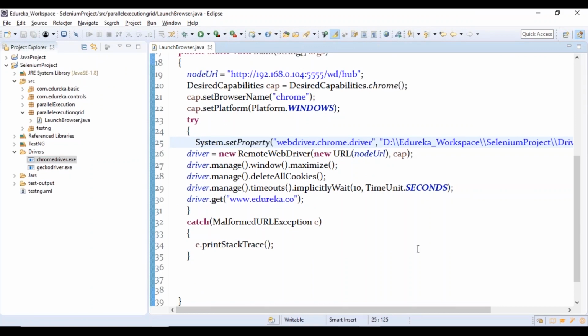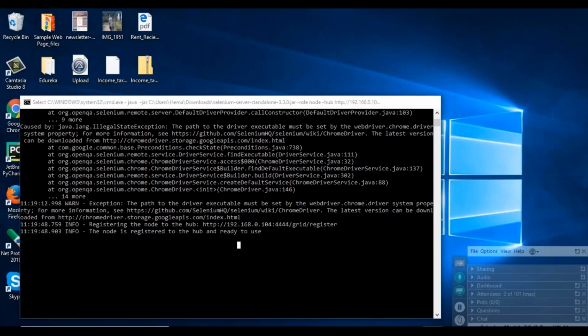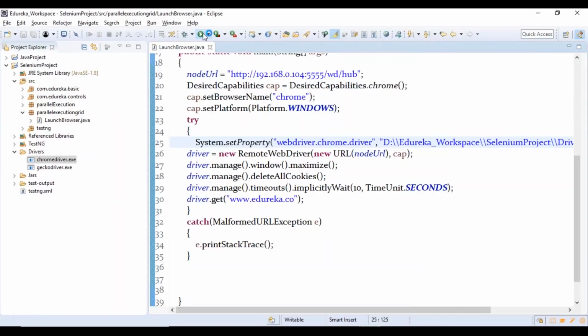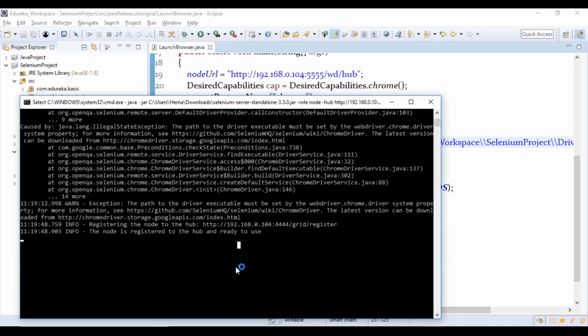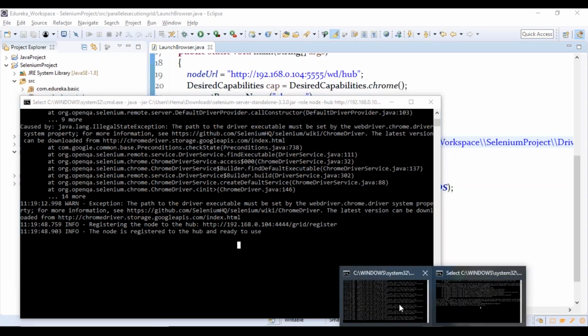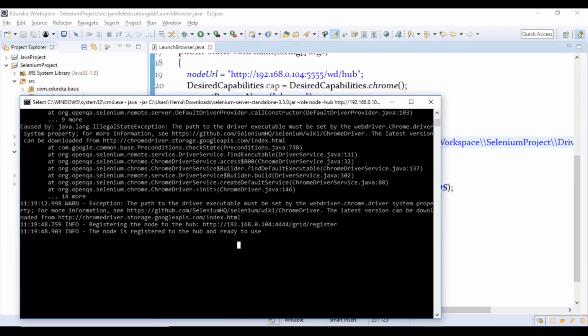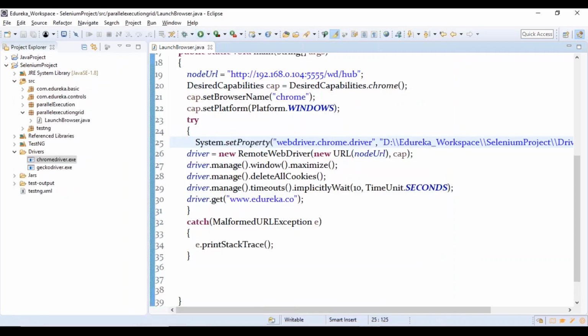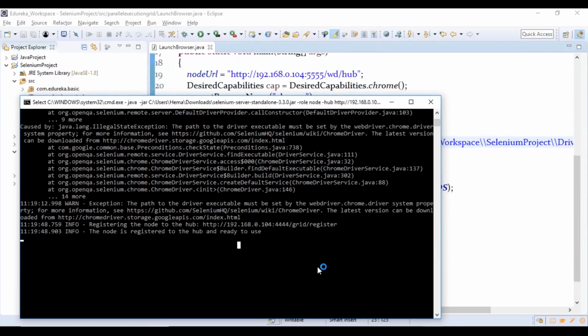Okay, so now again I'm going to run this program, which will be captured here. Let me run this. So let me go back to this. As soon as it runs, it is going to capture the information that you have triggered something, and you will be able to work with it. Okay, so cleaning up stale test it is. So did I run this code? Yeah, I've run this code. It is going to work if your property has been set, and if it is not the right path, then it is again going to throw an exception. Else it is going to work fine.